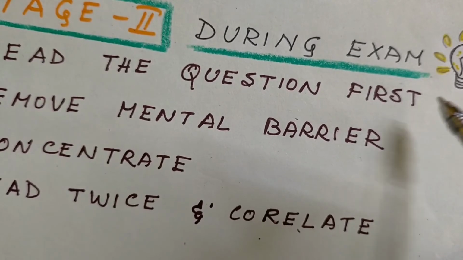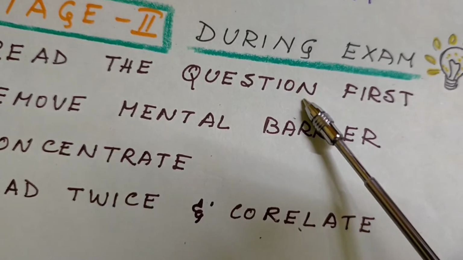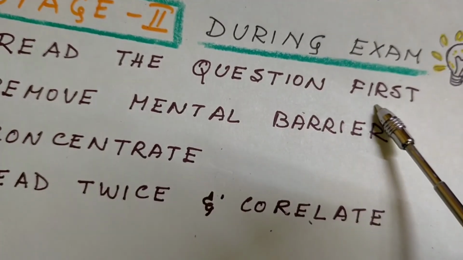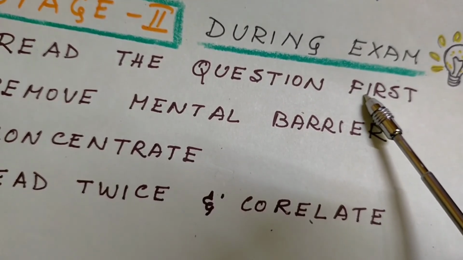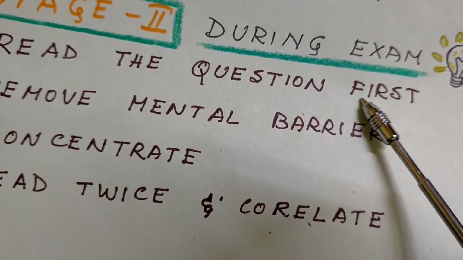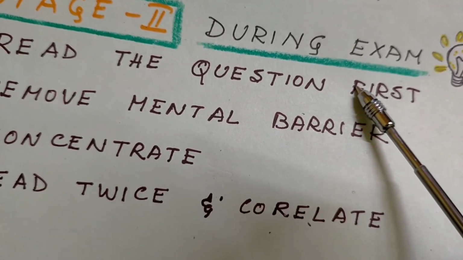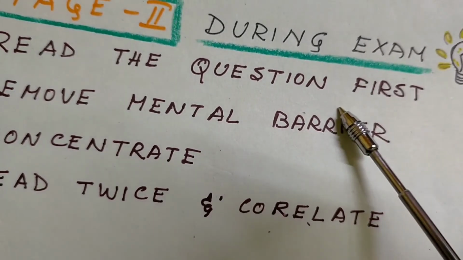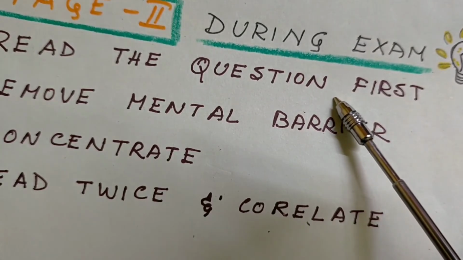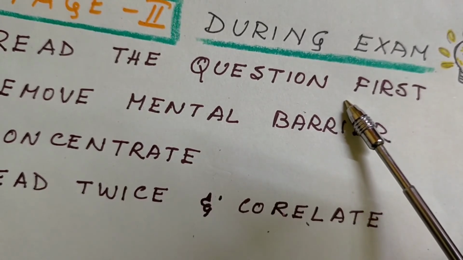Always, don't haste. Your time is limited, we all understand. But try to be confident and then only answer case studies. That's why first read the question. The question does not comprise the whole case. This is another mistake which people make. The question comprises the last line of the case, the question which is given there. Which principle is suggested in the case? Under which court should they appear for consumer protection? These types of questions are available at the end of the case.